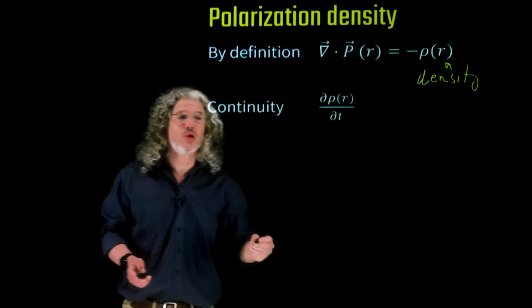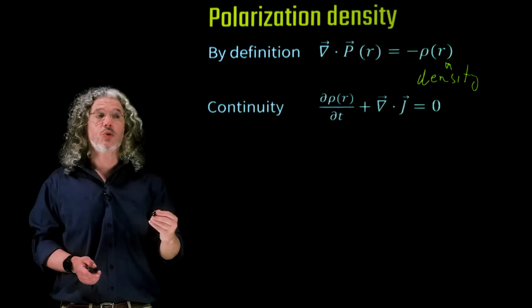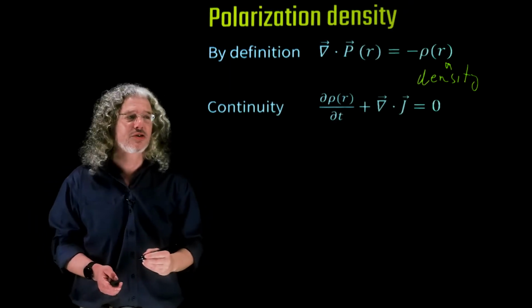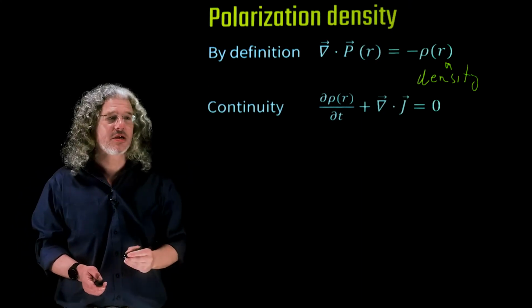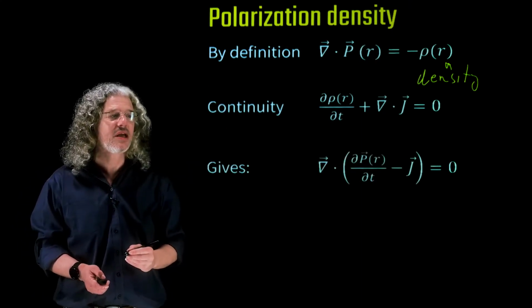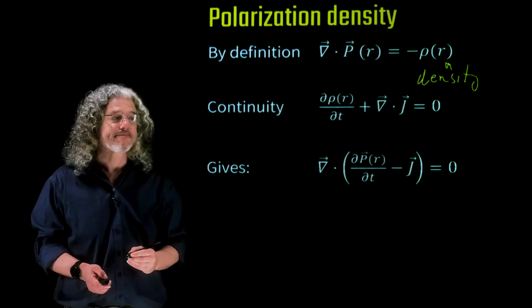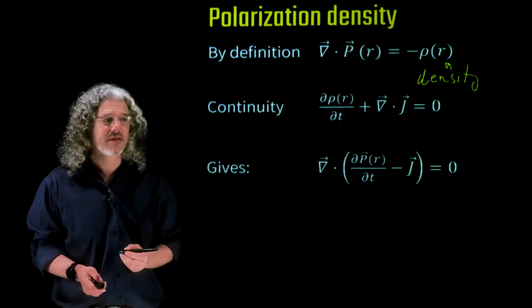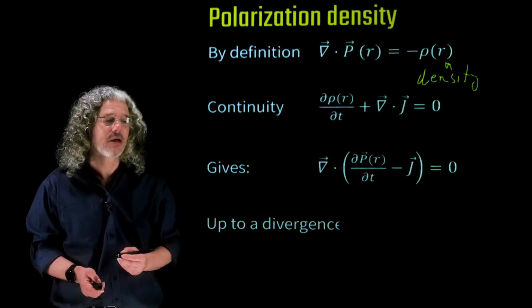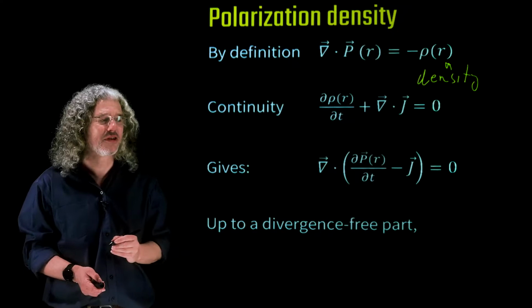Using also the continuity equation, we know that dρ/dt plus the divergence of j is equal to 0. Now we can substitute the first equation into the second one. So we immediately get that dP/dt minus j is equal to 0. Integrate that out, we find, up to the divergence-free part,